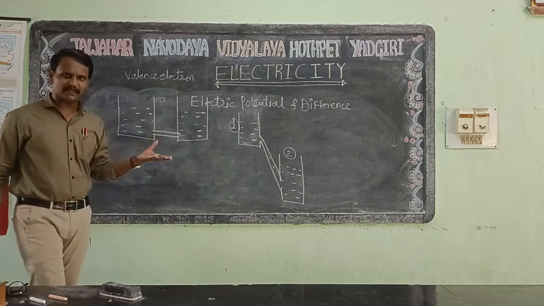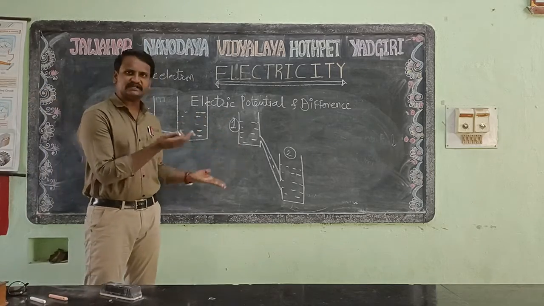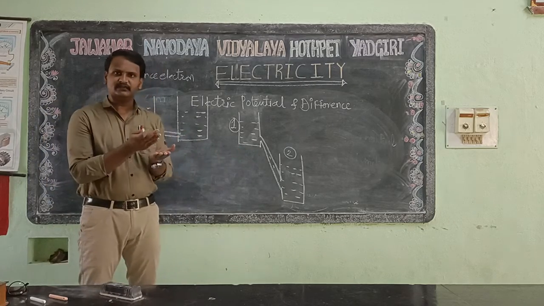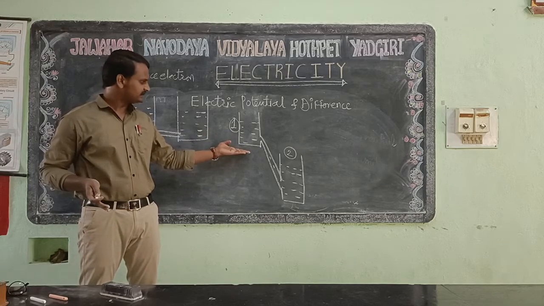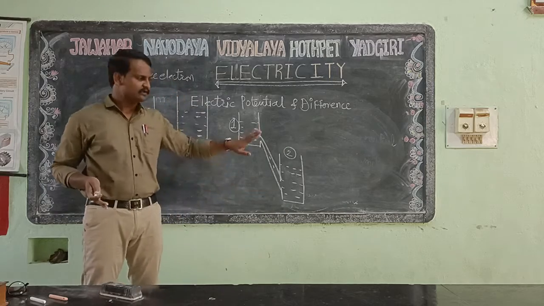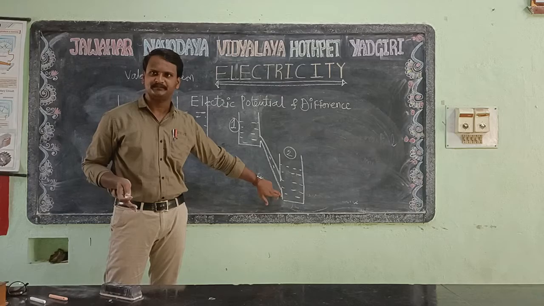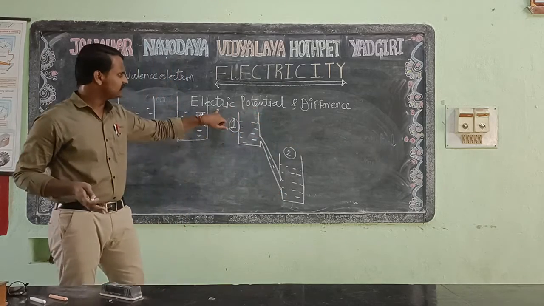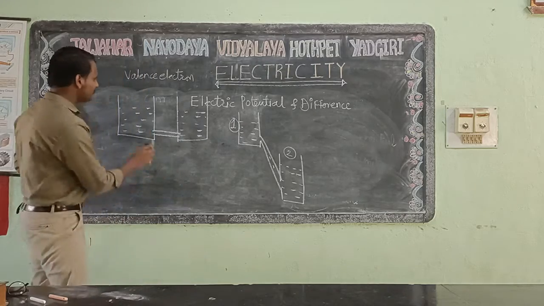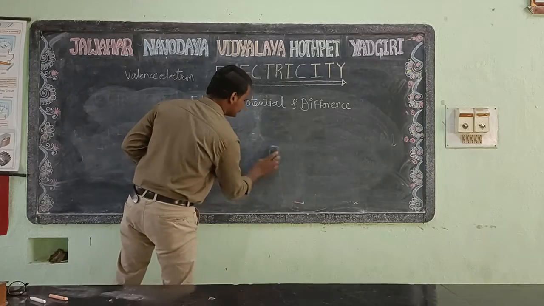The same thing we are going to apply to electric potential. Here also there is a potential difference. For anything having potential, there is some difference: it can be considered as high potential and low potential. Water flows from high potential to low potential. In that case also we will now consider electric potential. In this case we will use a battery to create the electric potential difference.